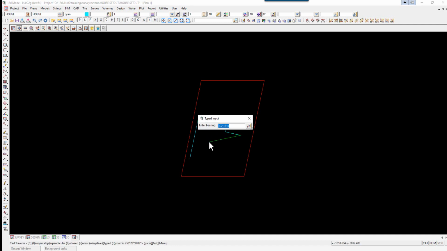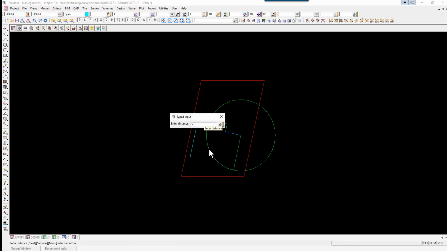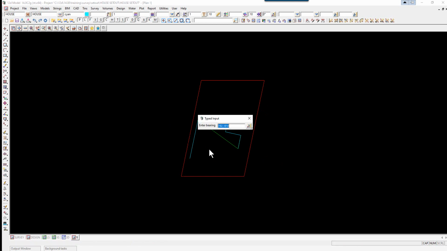Spacebar, page up, enter. We put in the dimension 5, enter. Spacebar, page up again, enter. Put in the dimension of 8.2, enter. And spacebar, this time page down, enter. And 7.6,